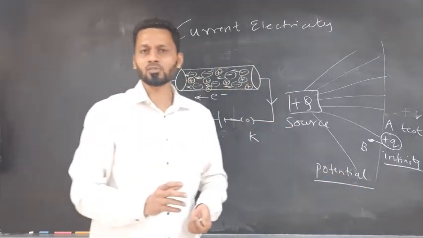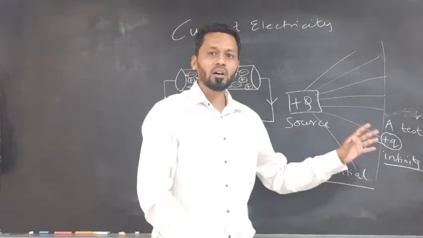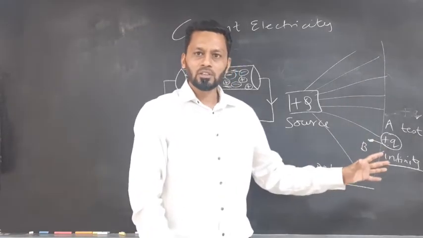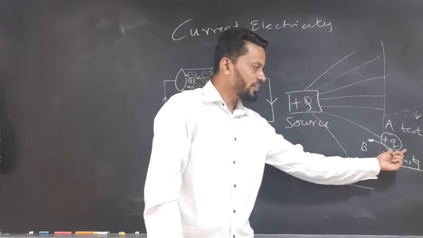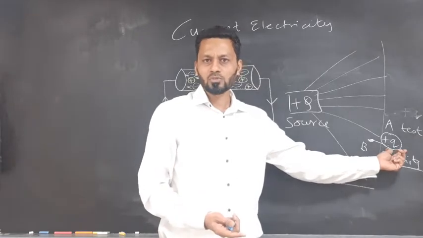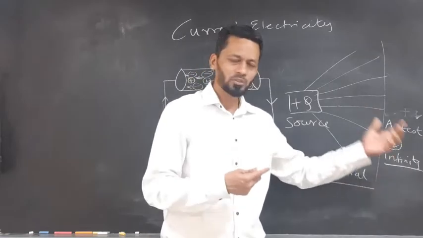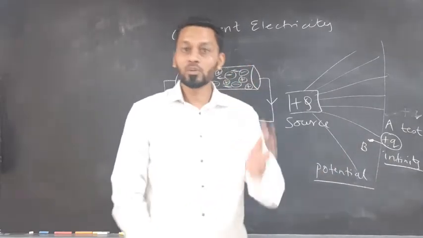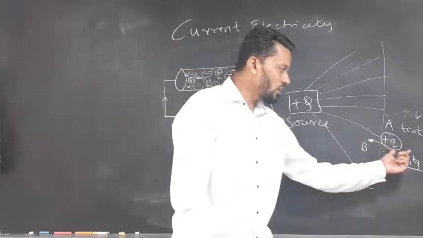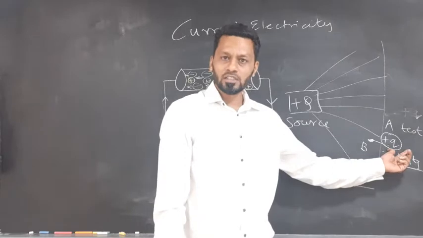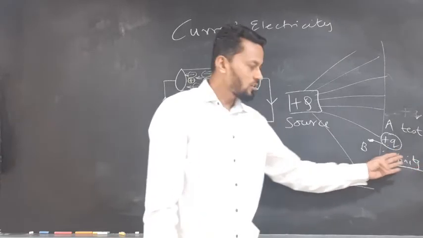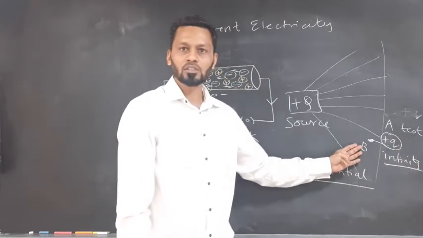So potential's actual definition is the work done in bringing a test charge. We don't know what the charge is over here. It may be positive, negative. So we say test charge, but we take this test charge as a unit test charge. So work done in bringing a unit test charge from infinity up to the given point is called